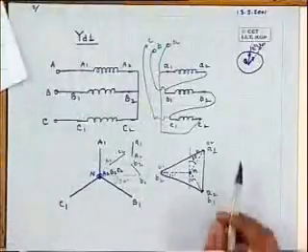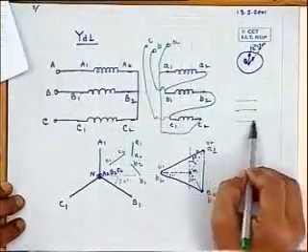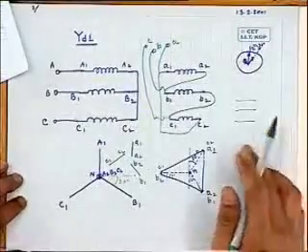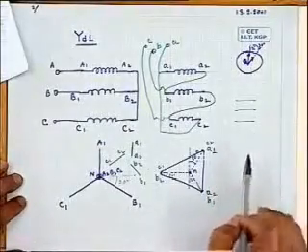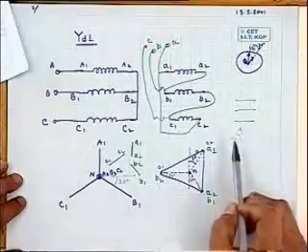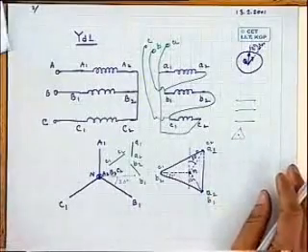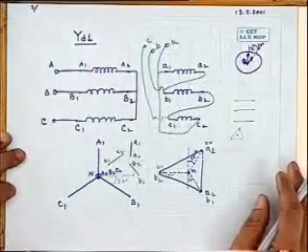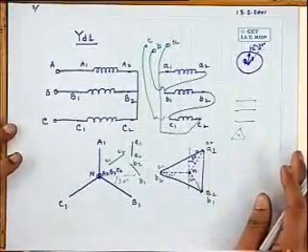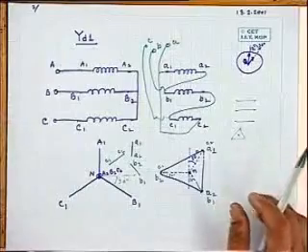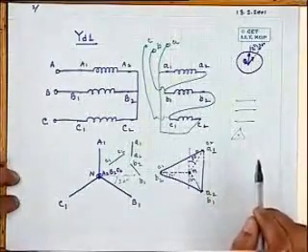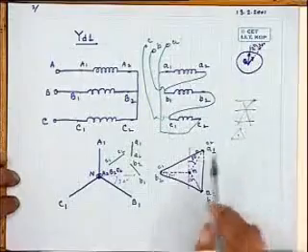Suppose three supply lines are available. No neutral is available. What do you do? You connect some balanced load in star. That star point will represent this voltage triangle neutral. But of course, in practice, you should not connect resistive load, otherwise there will be power losses. Sometimes identical reactors are connected in star to create the neutral at that point.